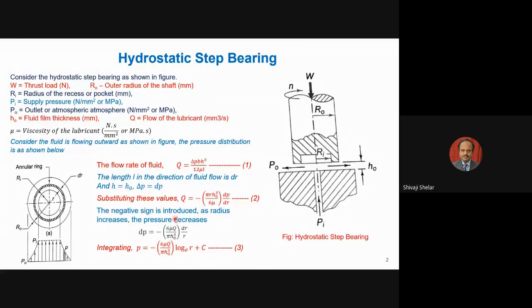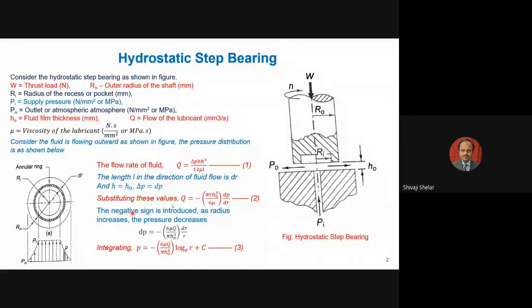So now if you look at this diagram, if you start plotting the pressure here, we are supplying pressure Pi. At the center point there is a pocket, so there is a radius. At the center point, ideally you will find there is an equal pressure. But in reality, this is not the case. In reality also you will find the pressure at the center is slightly high and then it is slightly decreasing. Even though it is a radius there, you will find a small decrease in the pressure. But for the ideal condition, we can assume in the radius we have uniform pressure Pi. So if you plot the pressure from R equal to 0 to R equal to Ri, you will have supply pressure equal to Pi.